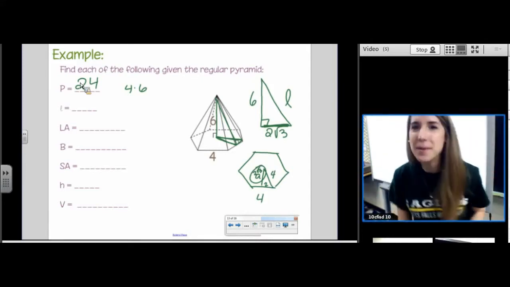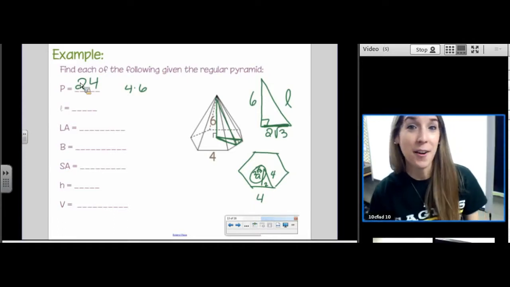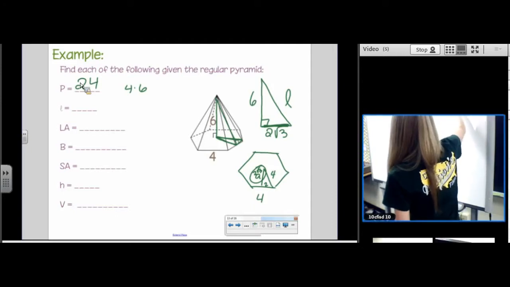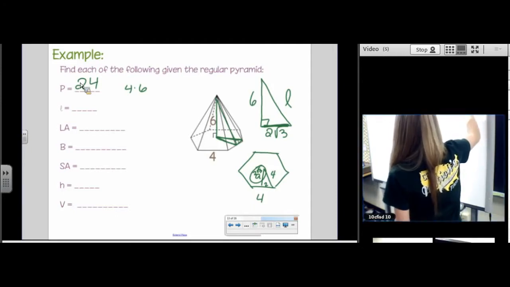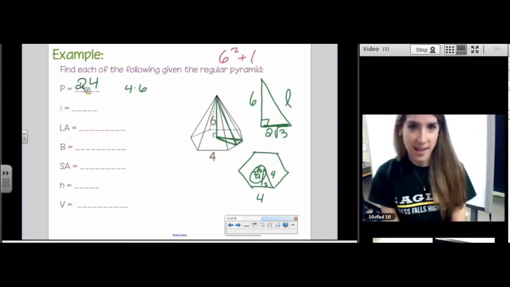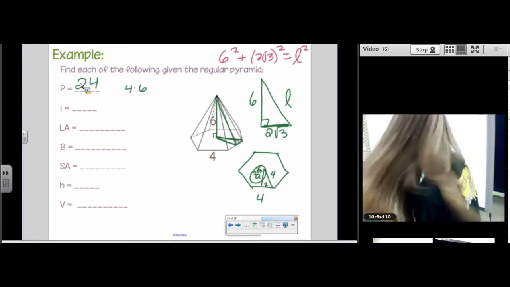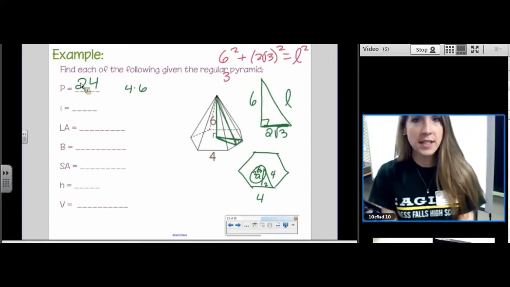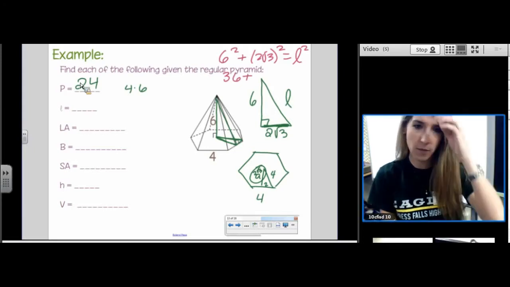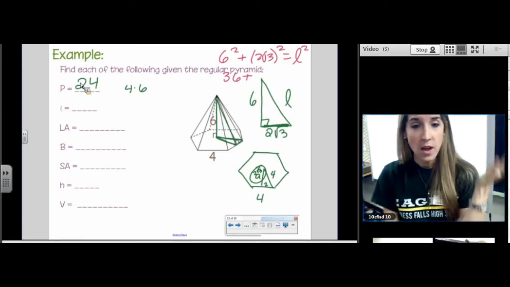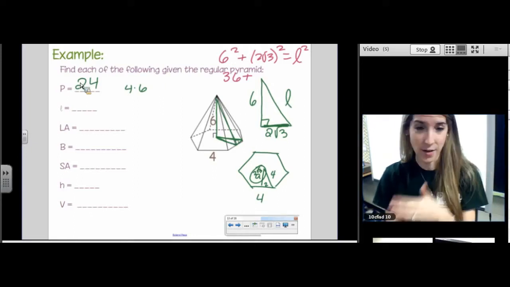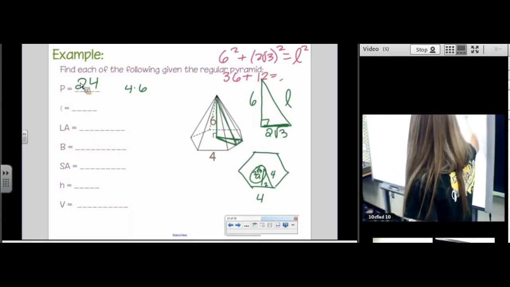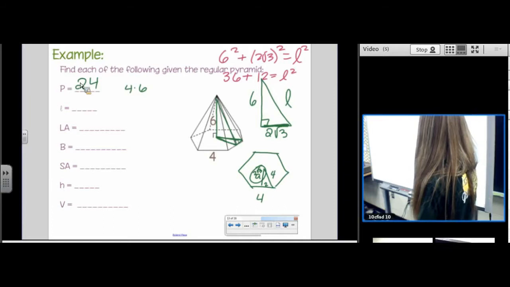And you were so glad that we didn't have to do trig, but you didn't know you were going to have to be doing Pythagorean theorem with radicals. All right, a squared plus b squared equals c squared. Yep, we are going there. 36 plus, what's 2 root 3 squared? We have to know how to do this by now. 2 squared is 4, and the square root of 3 squared is 3. 4 times 3. So we have 48